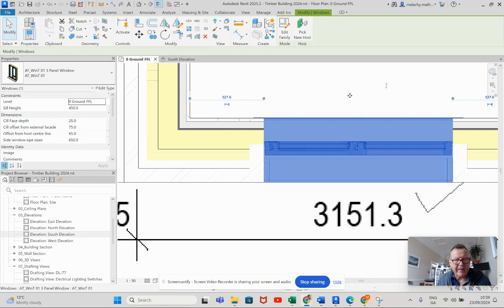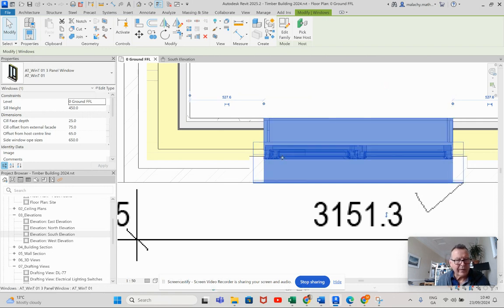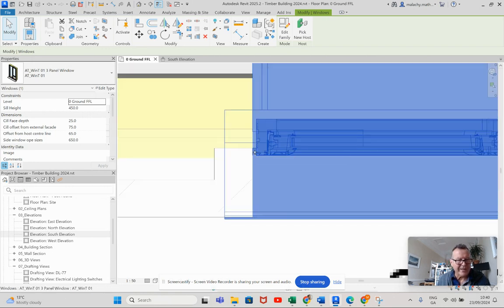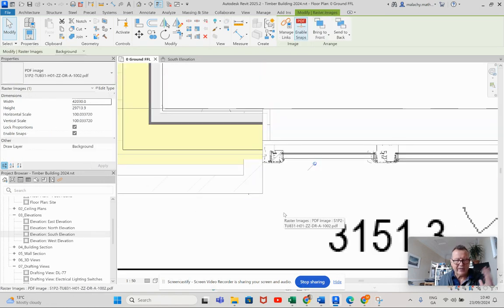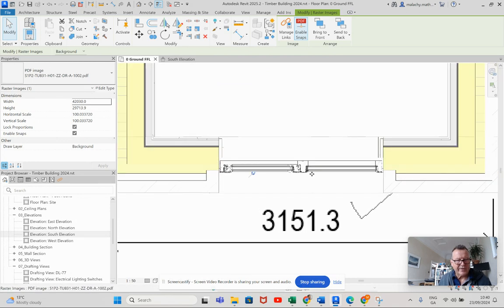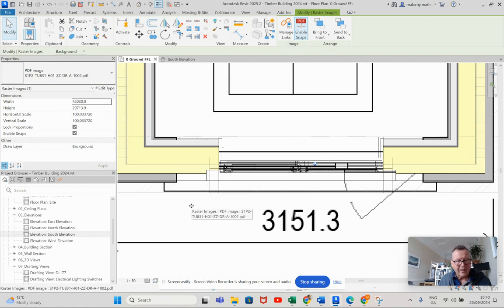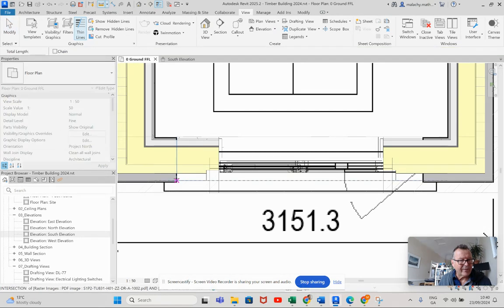Now I think what's fooling me here is I think I've got this window the wrong way around. So I'm going to select it and I'm going to flip it. Right now, see, there you go. Mastic joint, brickwork, and prevention of the thermal bridge. Perfect, there we go. Now we can adjust the width of this. If I just move to wireframe, you can see it's a little bit wider. Let's get a distance on that. So let's say from that face there is